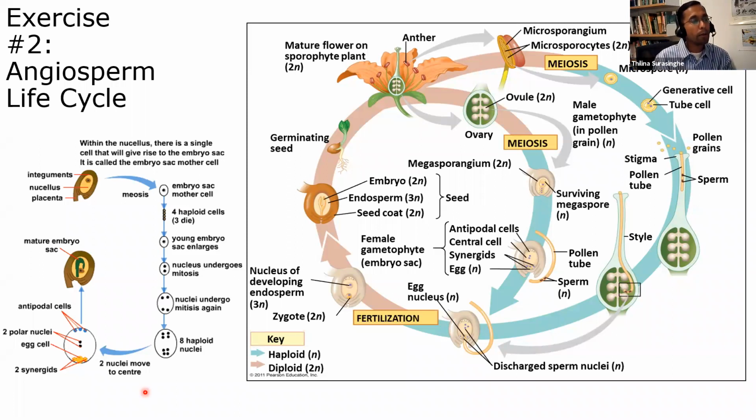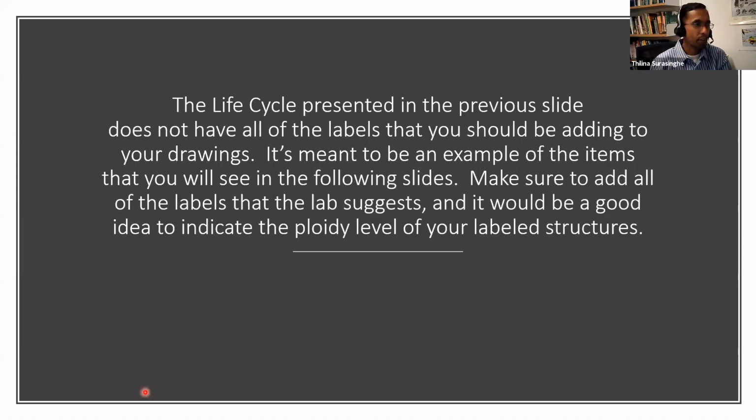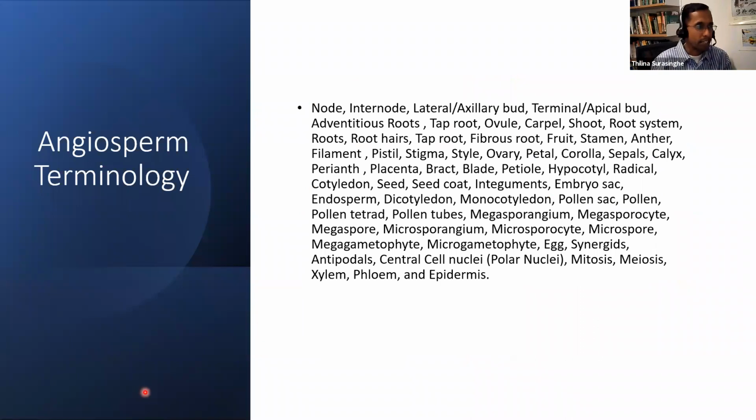Any other questions on the life cycle? Those are good questions. Why undergo so many repeated divisions? Why can't you just produce 4 haploid cells, and then 1 of them becomes the egg? Why do 3 disintegrate? Why can't 2 of them become the polar nuclei? Why not? Those are good questions to ask. Those are big mysteries in plant biology. So these are the parts that you are going to learn in detail as part of the life cycle, and this contains the terminology that you are supposed to learn and include in your